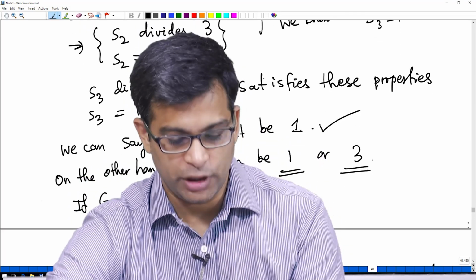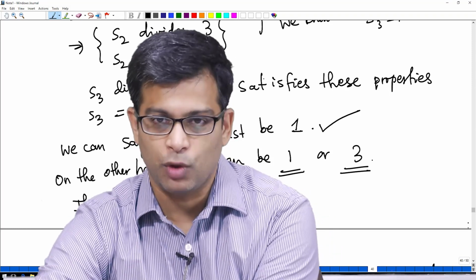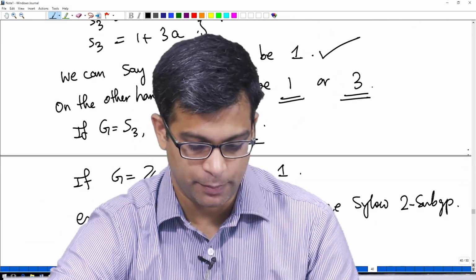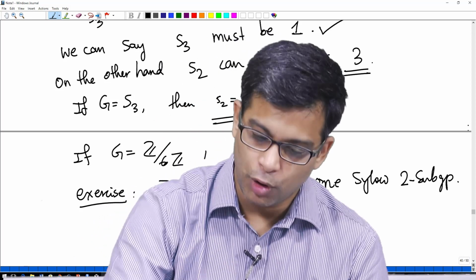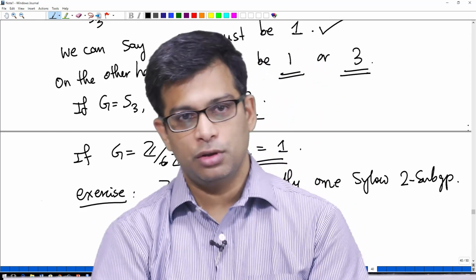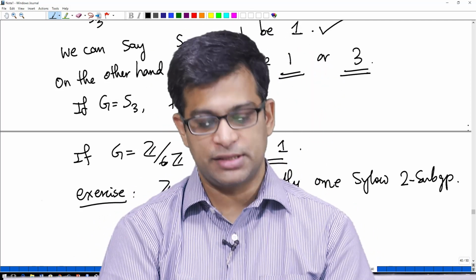On the other hand, Sylow 2 subgroups are either 1 or 3, and as you can see in these two examples, both options are achieved. So, the third Sylow theorem is not very precise, it gives you a range of possibilities. Sometimes that range is very small, in fact it can be even one possibility. Sometimes you can further study the group to eliminate some possibilities, but as it is, the third Sylow theorem is very